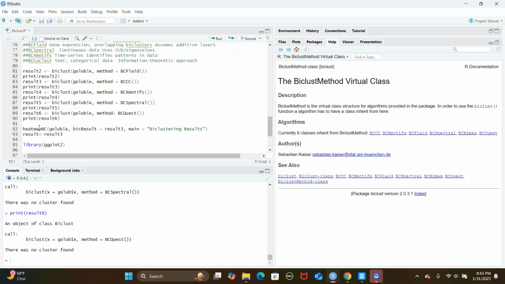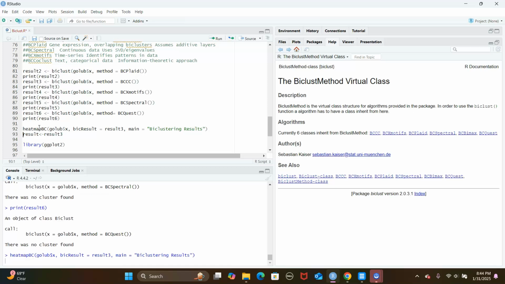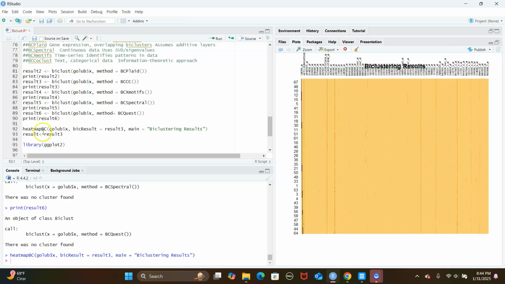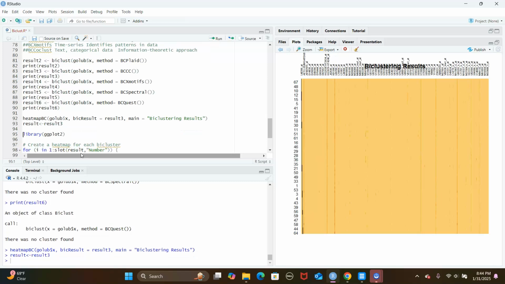Okay, so what I did is say let's just print out the heat map. Let's see. Oh, okay, here. So this doesn't help much. There are 29 clusters, but they don't really look very visible. So I assigned it to result, and I loaded ggplot2,